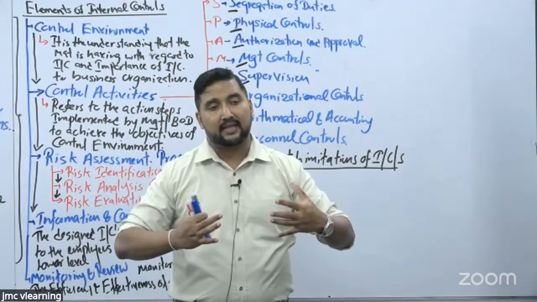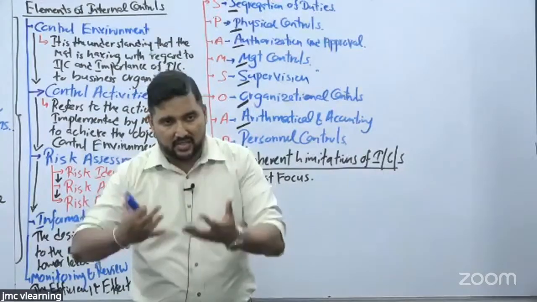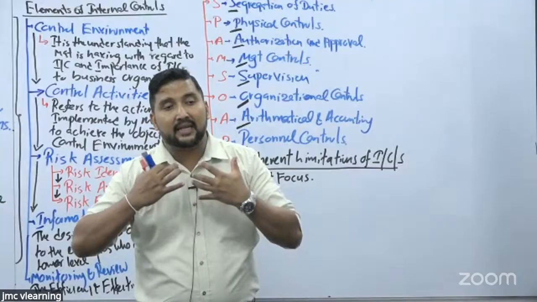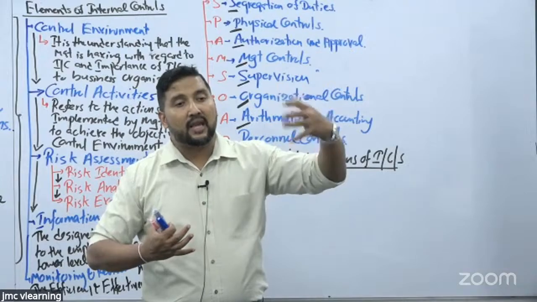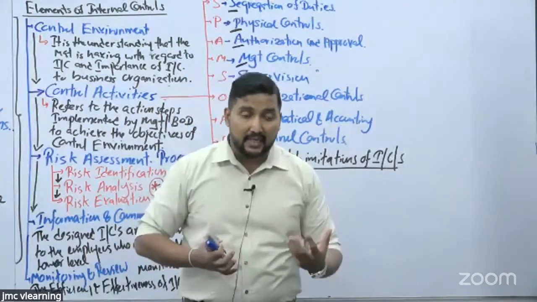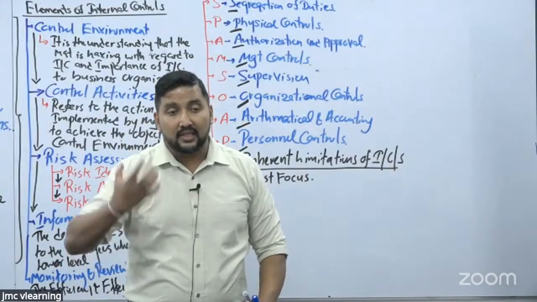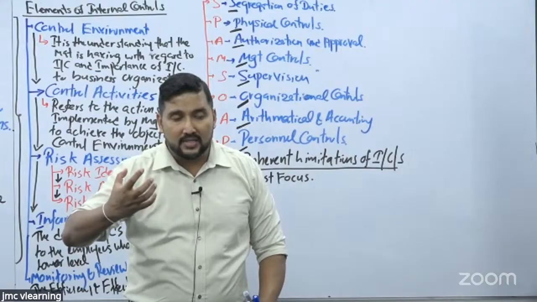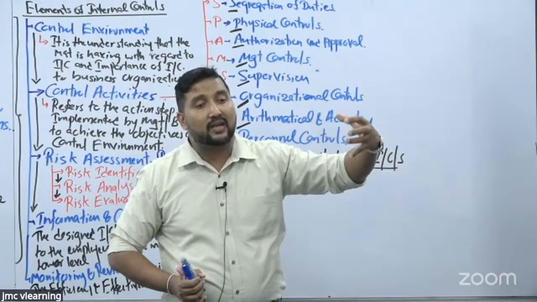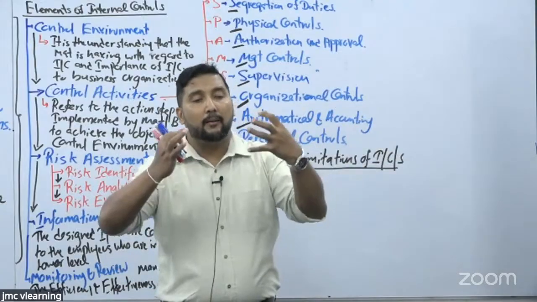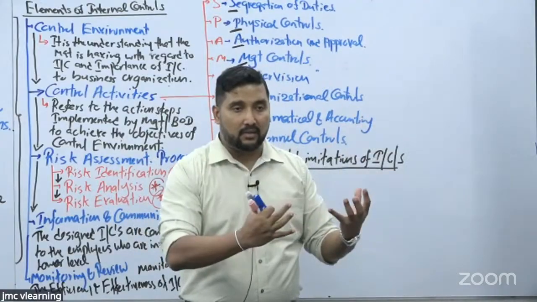But agree with the fact that yes, we incurred 600,000 rupees, but as a result of implementing that internal control, the tendency of having frauds in relation to cash got minimized. I'm repeating that again. As a result of the implementation of that internal control, the tendency of having frauds in relation to cash got minimized. So as a result of that, your business organization is benefiting. But you can't compare the monetary benefit. You can't compare that advantage to a monetary value.